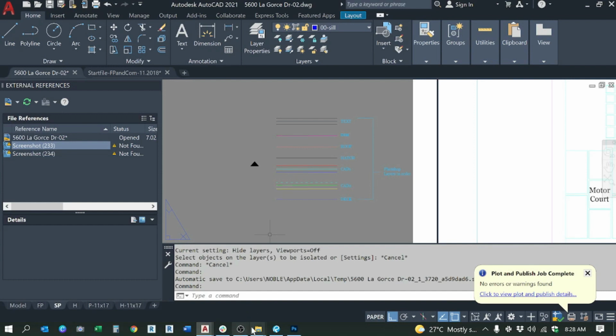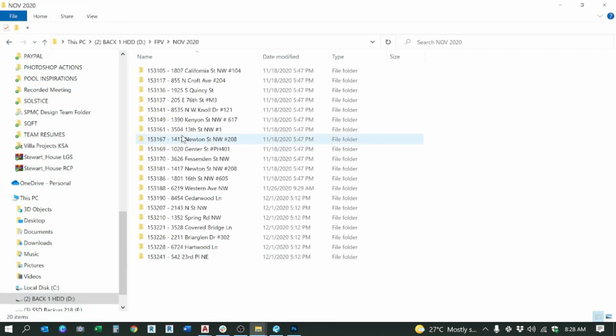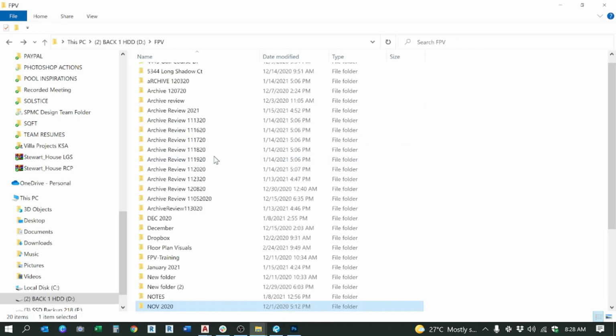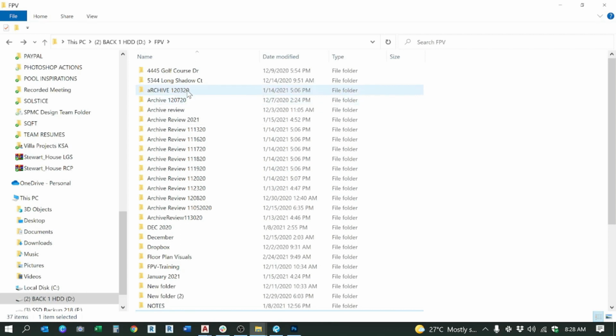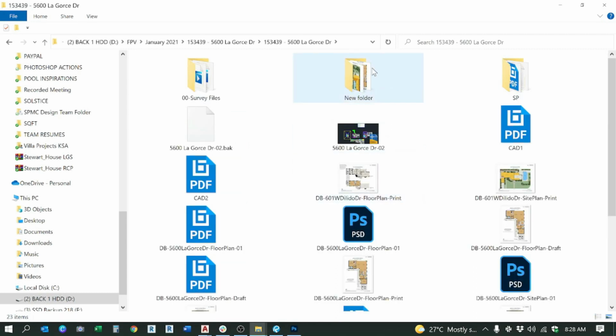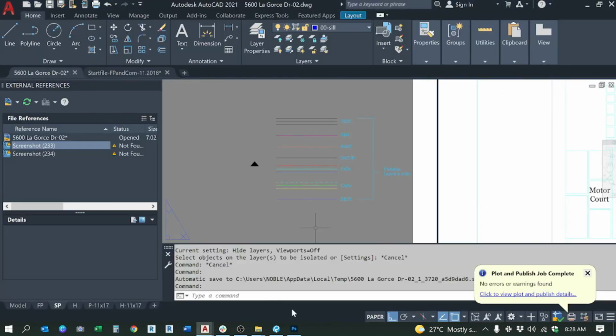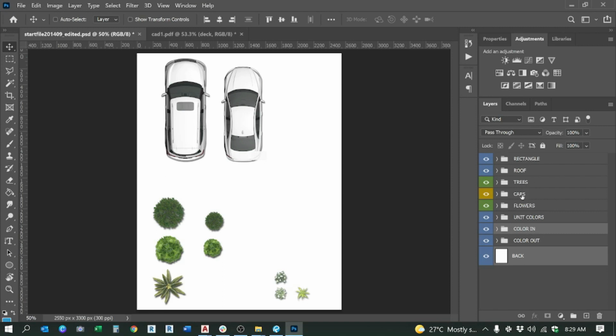Okay, we will just pick color in, and then cars, and then only these three. Okay, so and then